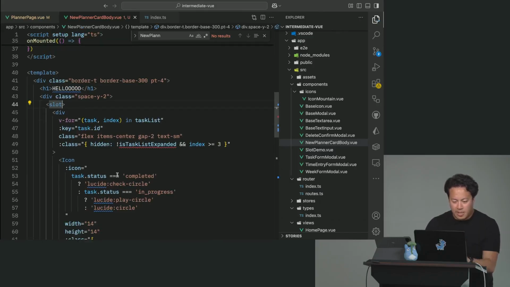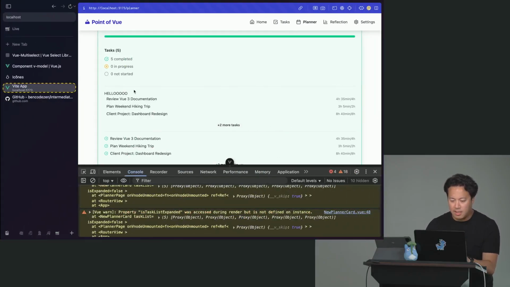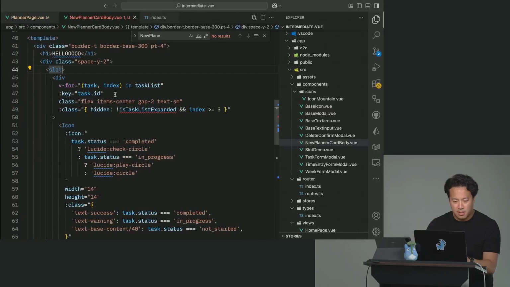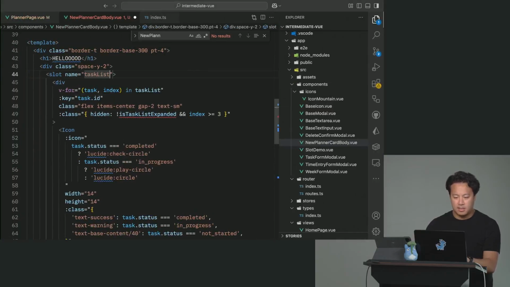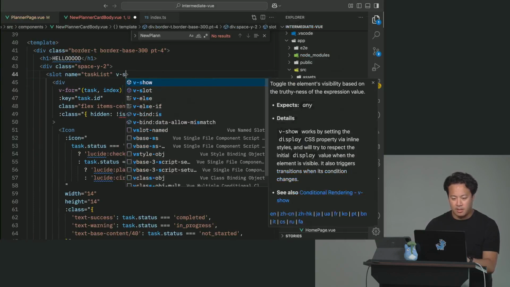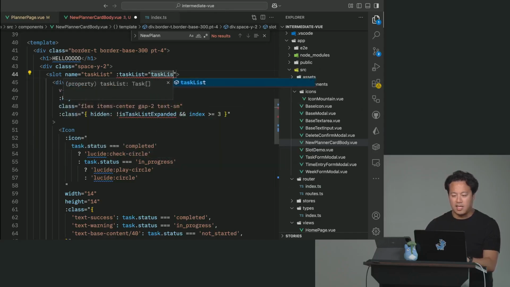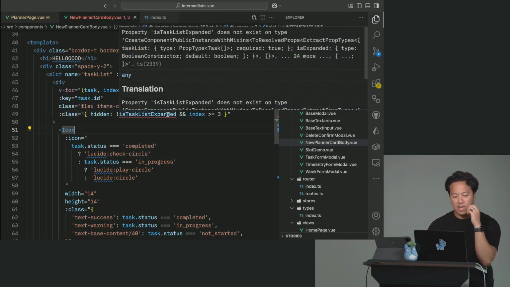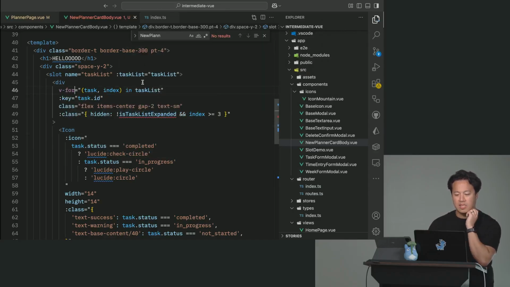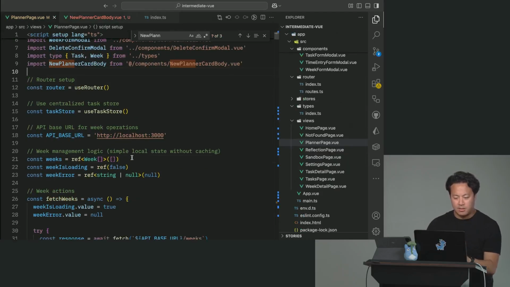And this slot, let's see, we are basically displaying the list of tasks. So I can just call this name task list, to be honest. And then what we can do then is basically say, hey, look, on this slot, we're going to provide the task list. And so in this case, again, this is more for the practice and not because you technically have access to it already. But that's what we would do. We would basically give the slot access to this thing. And then that way, when you're inside using it,